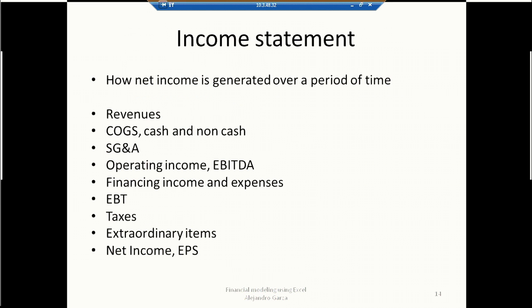The income statement, the main items that we're going to look at in an income statement from top to bottom: revenues, cost of goods sold. As you know,